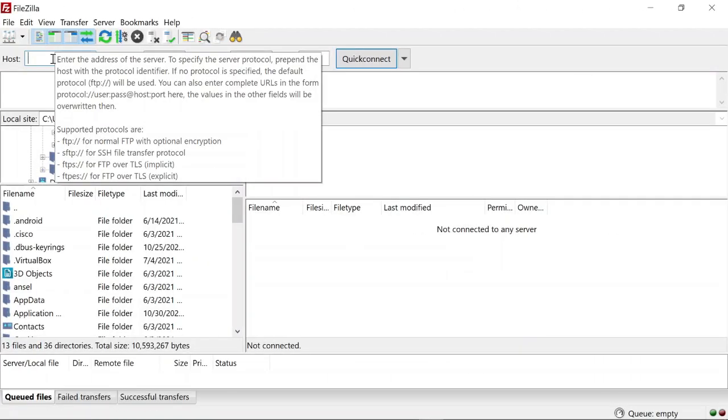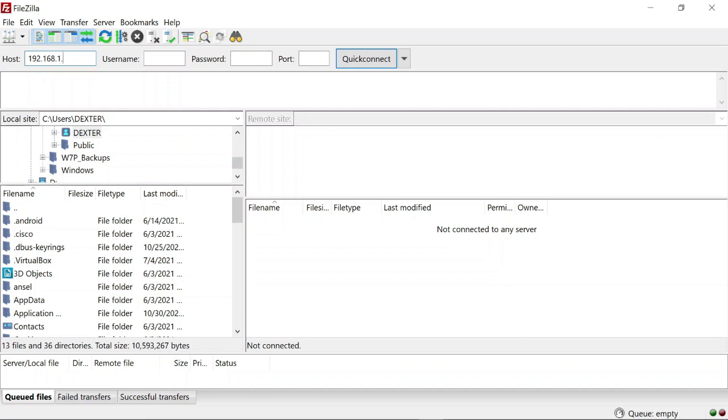I type the PS4 IP address, which we just got from the GoldHand FTP server, as 192.168.103, and the port number 2121, and we are all set to connect. FYI, the left side of the FileZilla user interface represents the local computer contents, and the right side, which is empty right now, represents the PS4 contents.